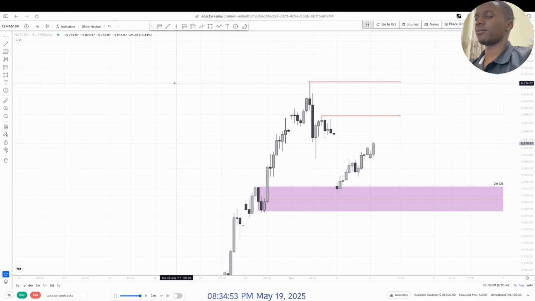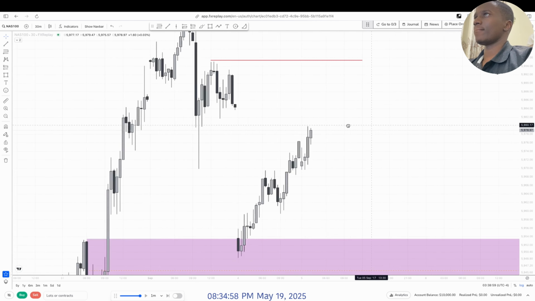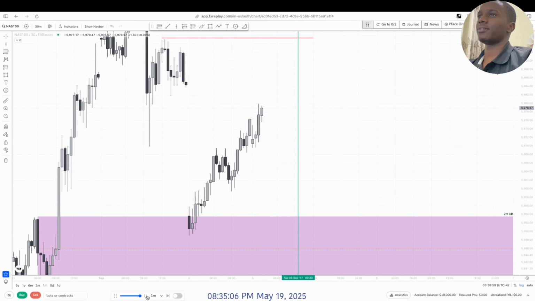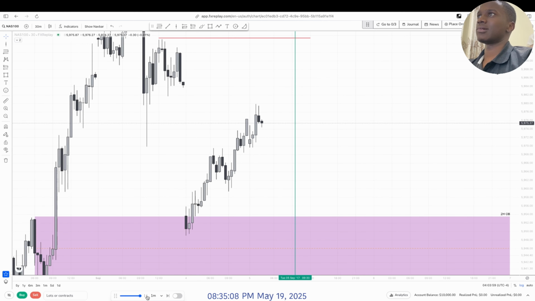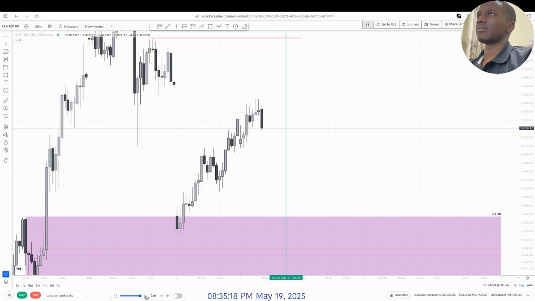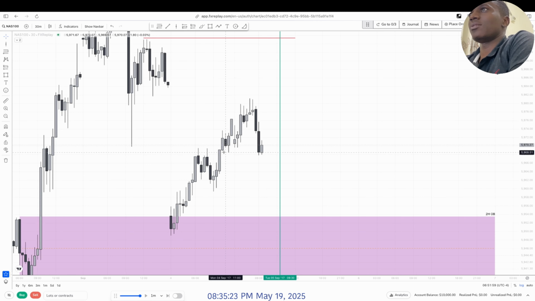Now when you go to the 30 minute, let's mark the open. Good fair value gap to the 30 minute. Now we drop into this good fair value gap right there. So now drop into this gap we wanted to drop to. This is also another good fair value gap.